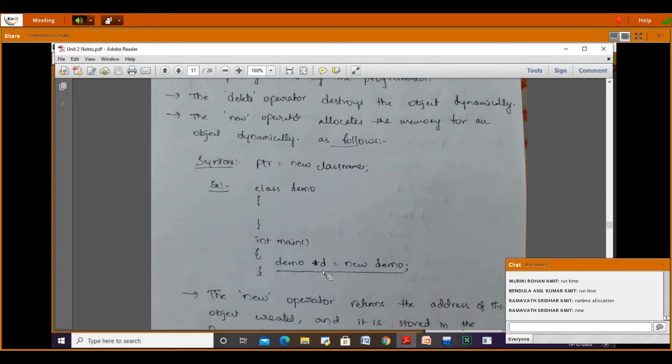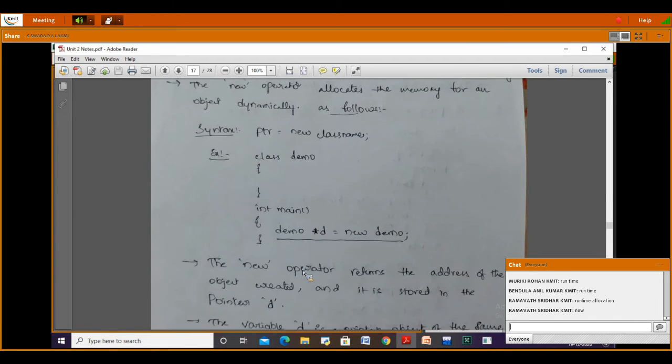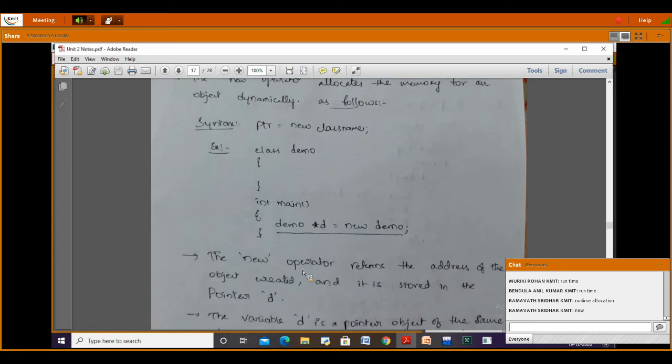This new demo will return a pointer to the demo class, and whatever pointer you have will be stored in d.